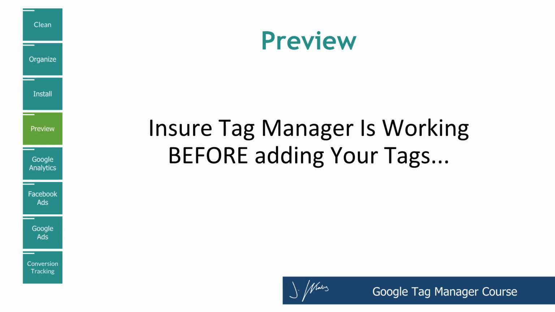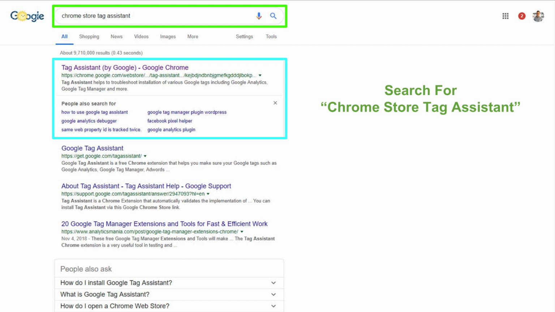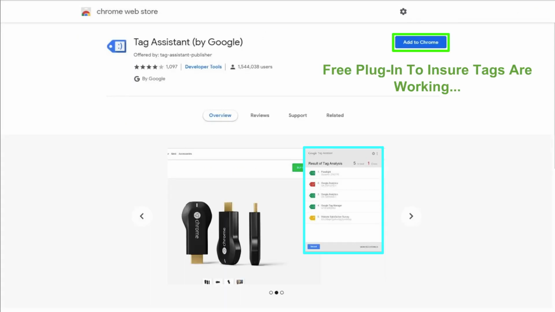And once you've pasted that code into your site and you've clicked save, it's time to make sure that it actually was added correctly. And for this, Google has a free tool for us called Google Tag Assistant. It's a free Chrome plugin. So what we'll do is we'll just go to Google and search Google Tag Assistant, and we'll be taken, just go ahead and click on the first option for the Chrome web store, and we're going to be able to install this free plugin.